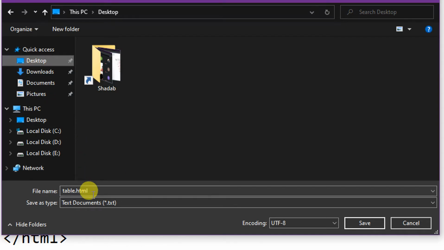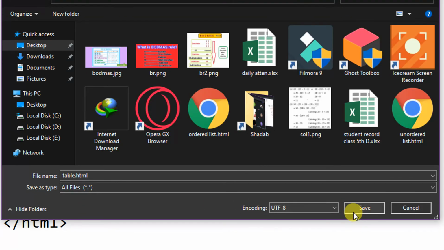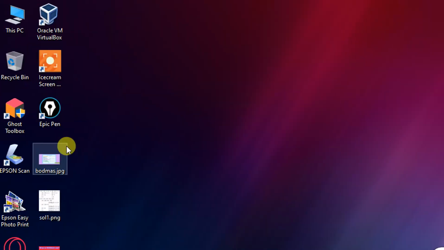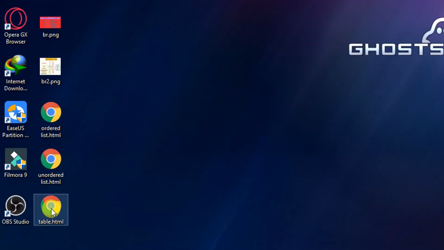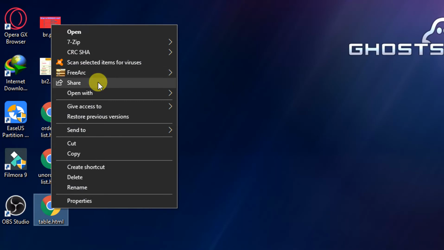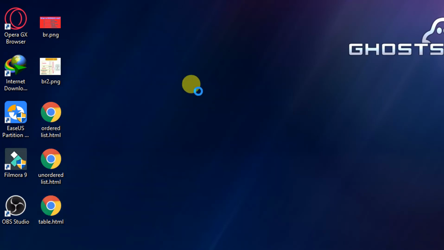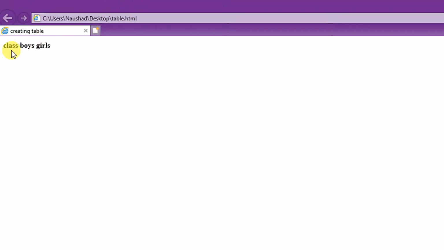On the desktop I will save table.html and save it. Now I will see whether the table is created or not. So table.html, right click on it, and then I will open it with Internet Explorer. As you can see, class, boys and girls are appearing in a single row.